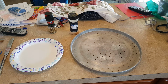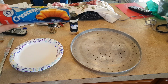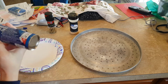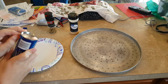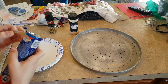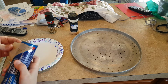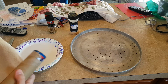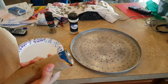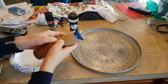Okay, what you want to get started on is get your Pillsbury crescent dough rolls. Sometimes you can use a Pillsbury dough cooking sheet or like a cookie sheet. I'm not sure what it's called, but you can use the sheet version of this. It's just not as good. These are already pre-cut, which is pretty cool. So pop this open,